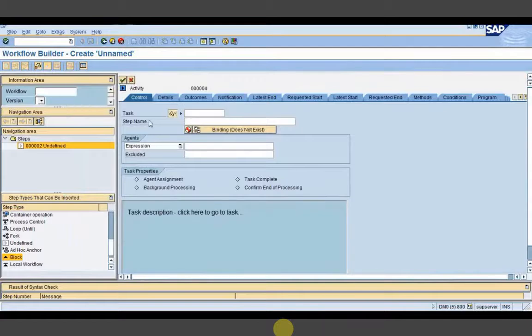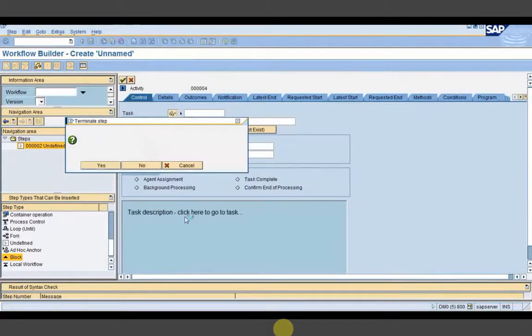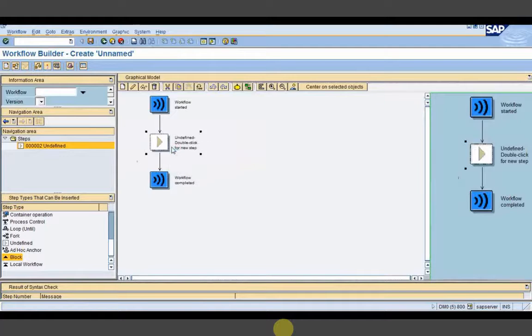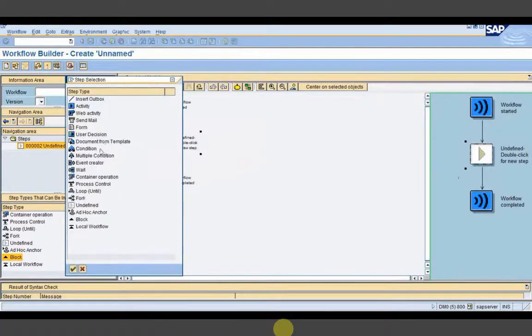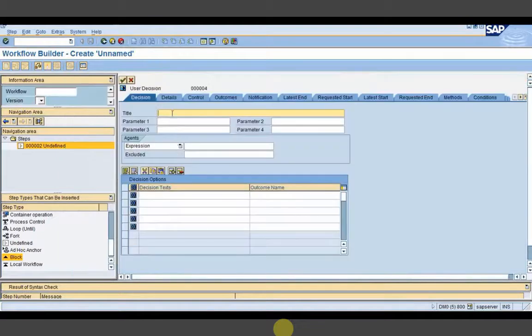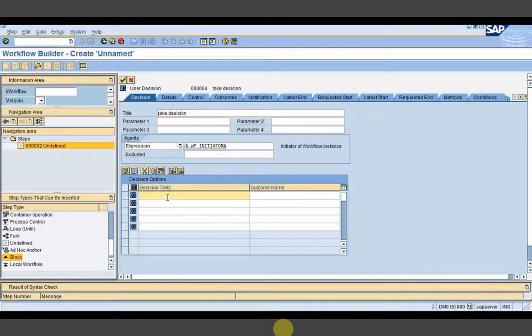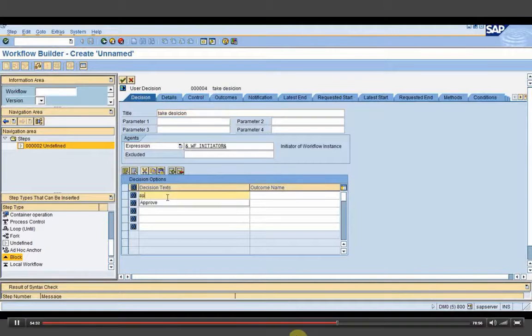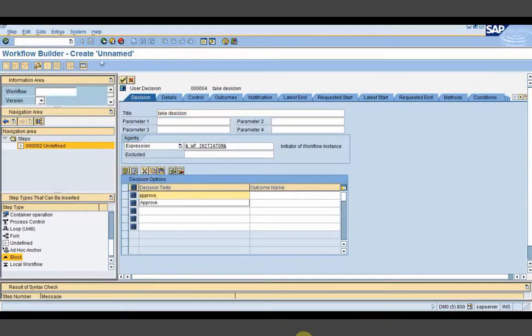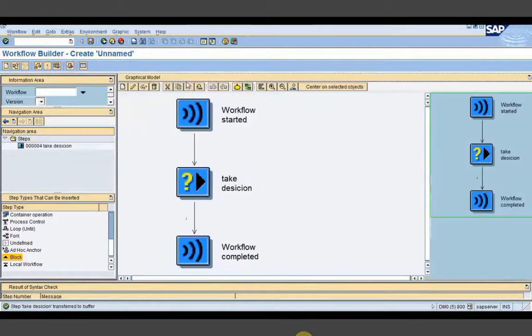I was supposed to create one user decision step. So now here I have created one user decision step.